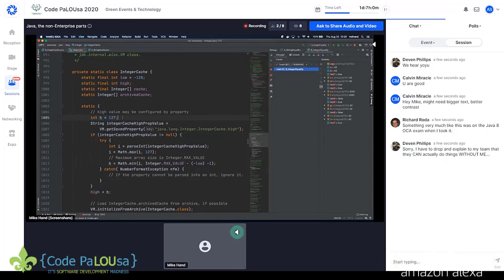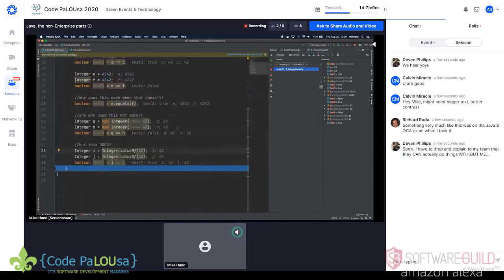So we could actually set some kind of property here to make that equal to or greater than 4,242, and then that should still work, because they're going to be pointing to the same object in memory that was already constructed. But otherwise, if you're outside of that cache range, then a new Integer object is going to be constructed, and that's why they will not be double equals, but they will be .equals.